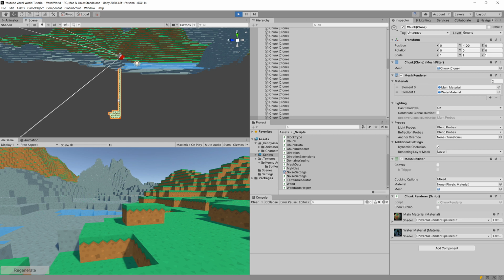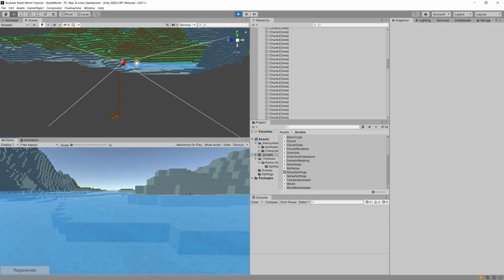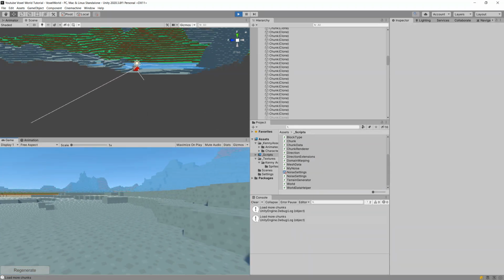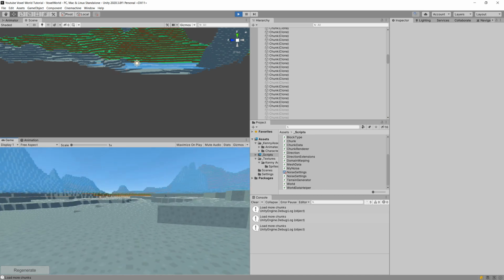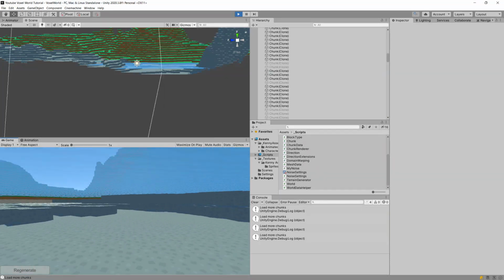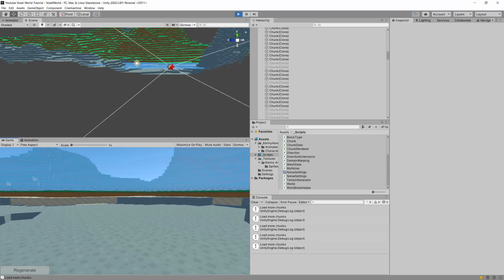And I think that it is finally time to implement our multi-threading, because when we are moving, this is driving me crazy when we need to load, wait and freeze to wait for all the chunks to be loaded. So I want to mitigate it, and in the next video we're going to start working on the multi-threading so that our world will be loaded on the fly. We will not have those severe FPS drops.